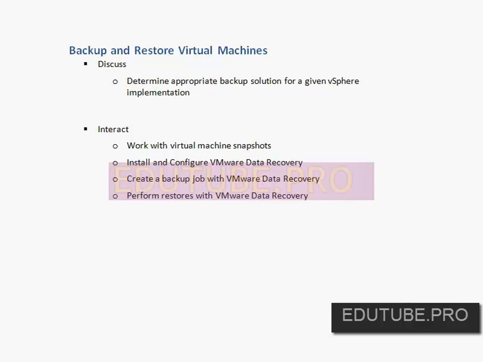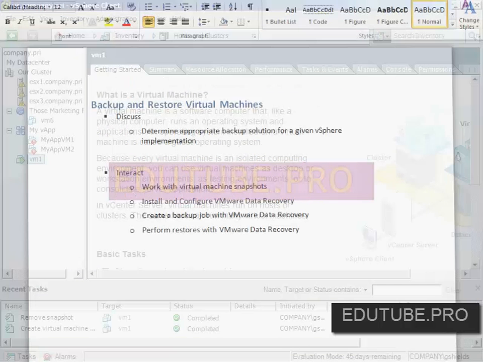You do not want to run with these snapshots for any period of time, right? After you complete doing whatever it is you're concerned about, get rid of the snapshots, because those snapshots can impact things like vMotion, and there are various different things that can be impacted by having a snapshot, not the least of which is backups. So snapshots themselves are not units of backup, but what they are is sort of protection devices. What is a backup is this whole VMware Data Recovery